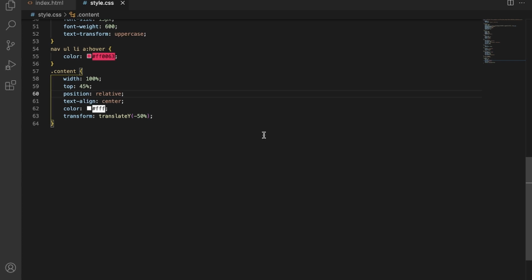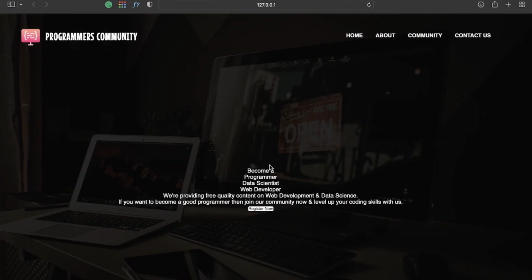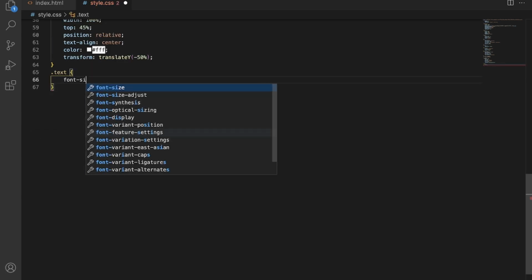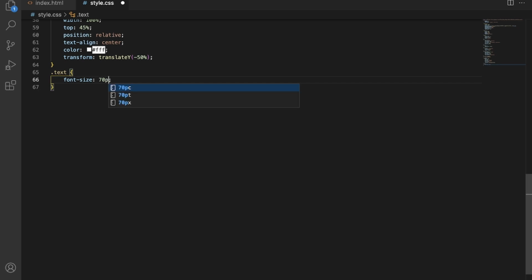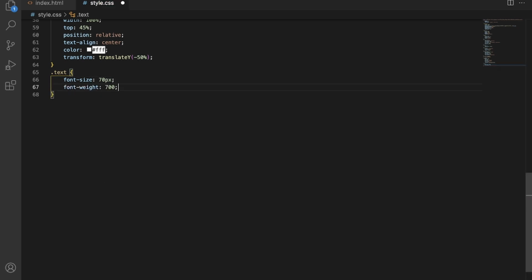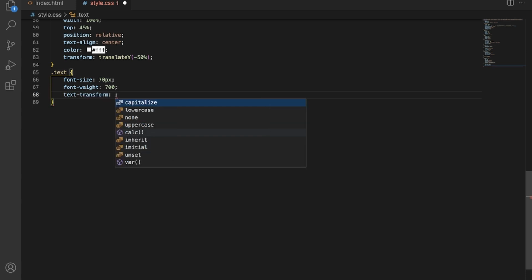So just save it and check the output. Okay, fine. So here I will write text, font size 70 pixel, font weight 700, text transform uppercase,